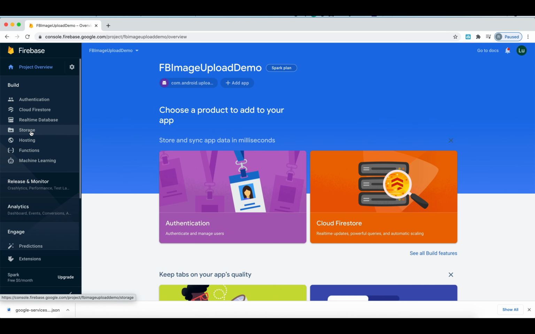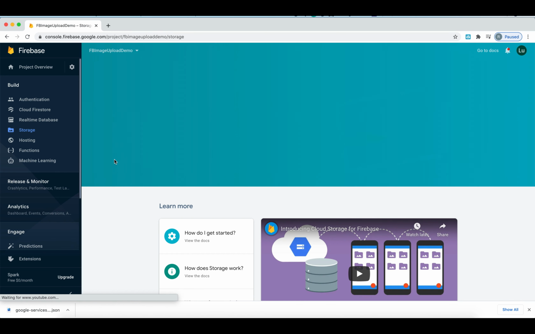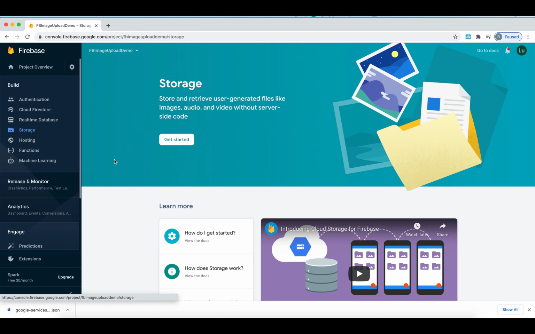The second thing is we need to enable the rules, or create the storage. So let's get started with that.